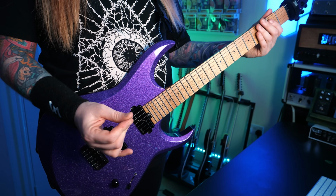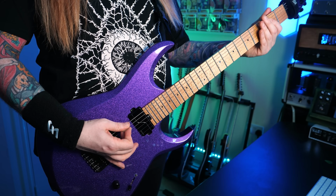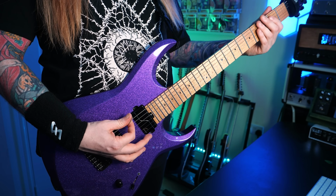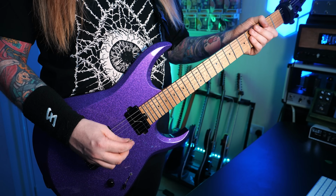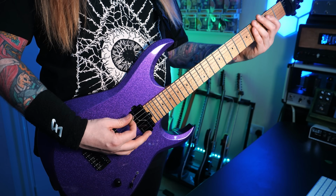Some people do it the James way, where he uses 2 fingers. Some people do it, I think it's called the Benson grip, where you put your thumb up like this. That's how Ola does it. He's famous for doing that. But as you notice, when I do it that way,